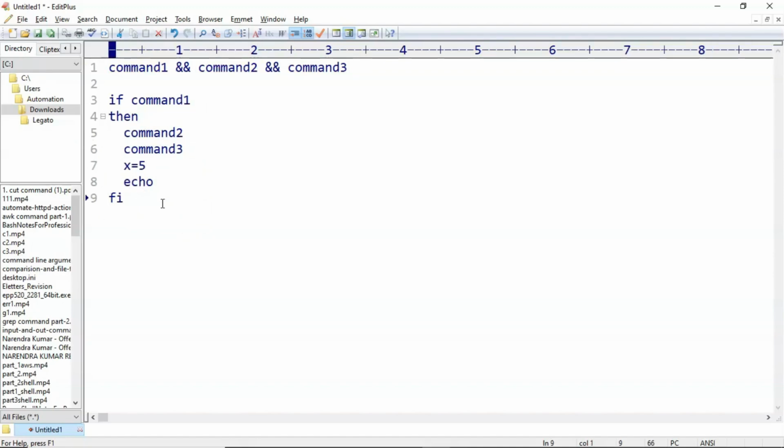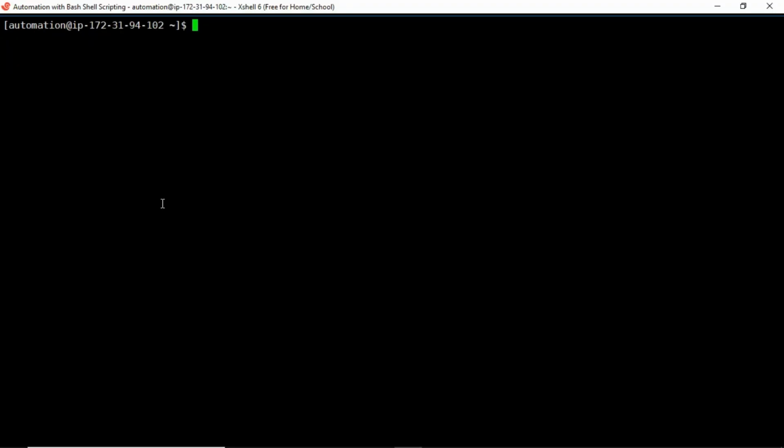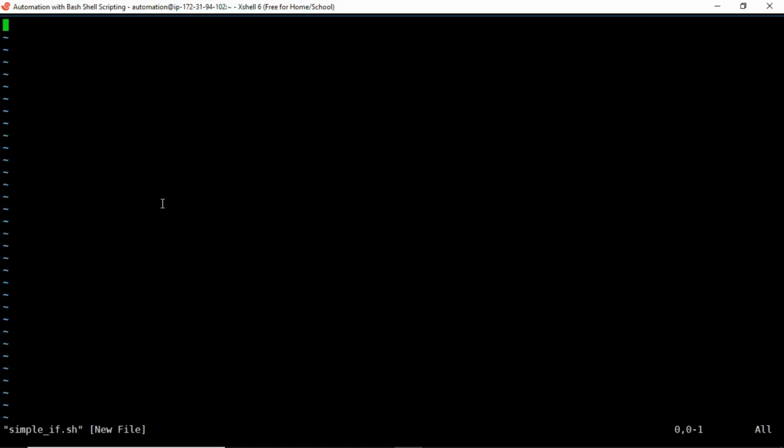That's it. Now let me explain that with a simple example. Suppose, let me define a simple shell script, simple if.sh. Let me write the very first line as shebang line, bin bash or user bin bash. Now I am trying to search which HTTPD. If HTTPD is there, I want to run some commands independently. Then